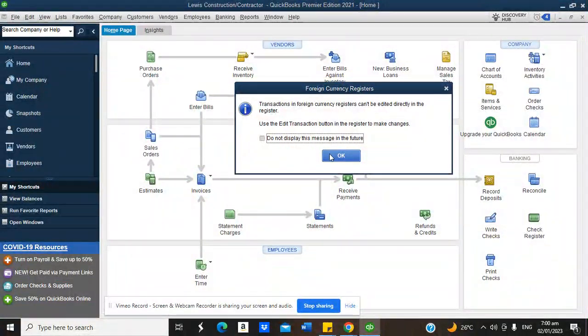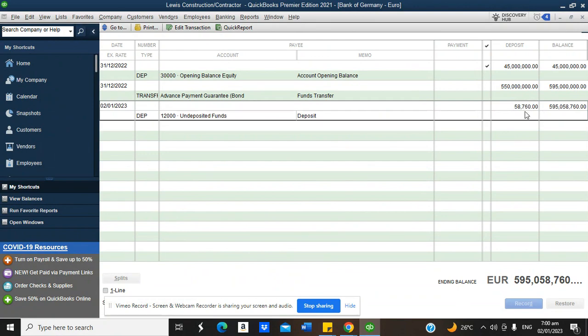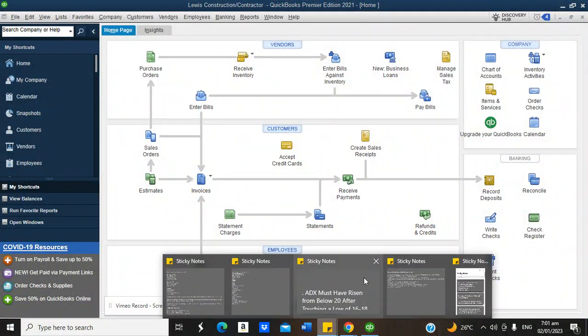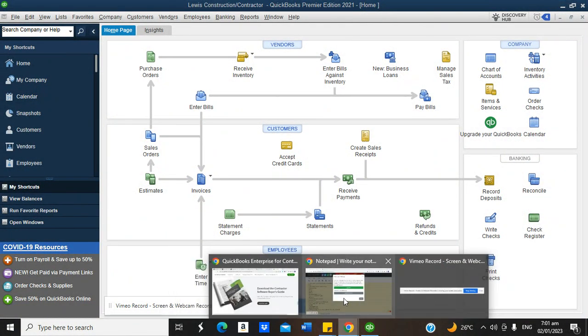You click OK, OK. So this is 58,760, which is the money that we just received from that client. That's 20% of the project done so far. Now that's how you invoice the client progressively. You invoice the client progressively until you invoice for the total project that has been done so far. So that is how we treat